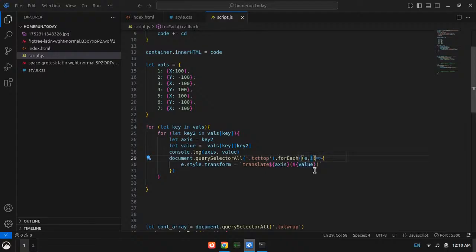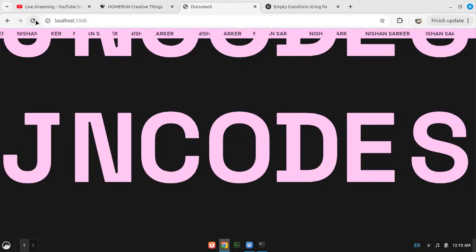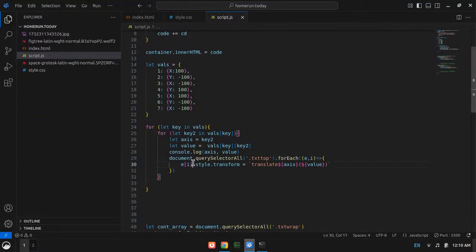I have the for each. I need the ith item on the... okay.